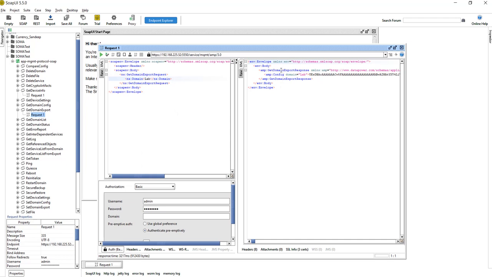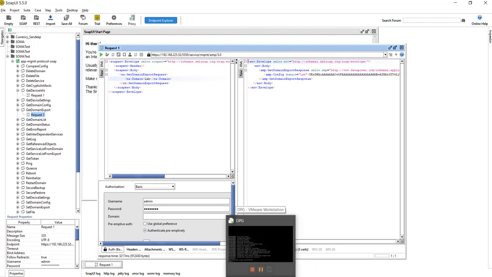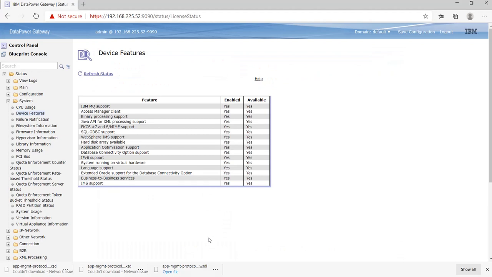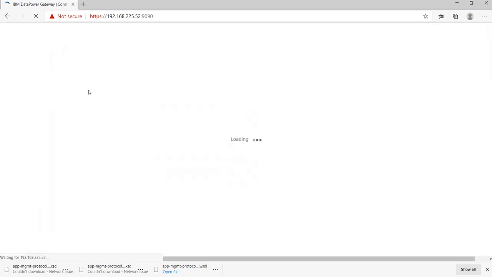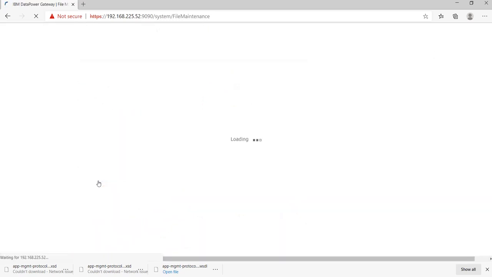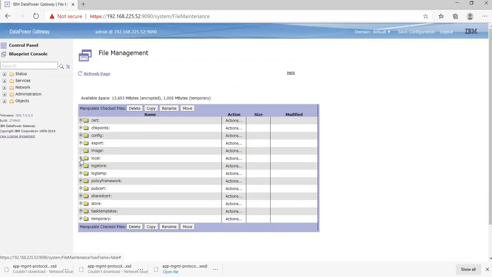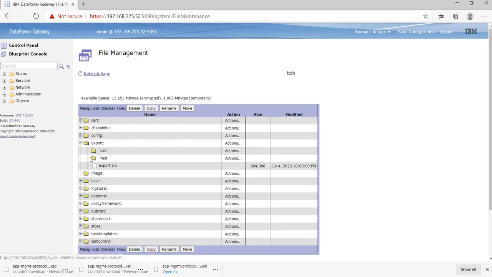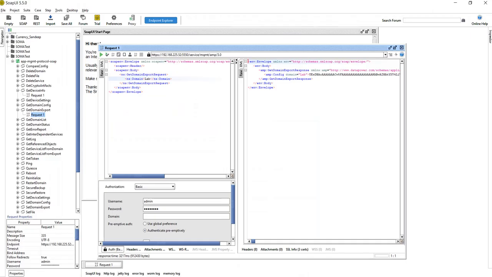See, the domain export is done. In my later video, there are multiple ways by which we can export a domain. So what is the best way to export a domain, I'll tell you in my next videos. So we'll go here, we'll see in the file and export. You can see that a new file is created here. Okay. We can check more features like that.